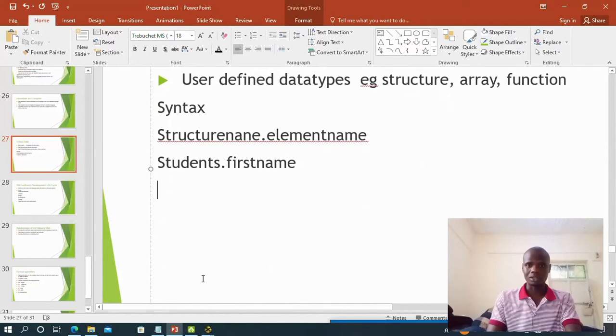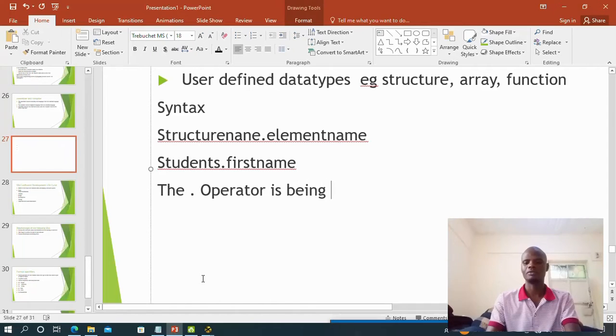So the dot operator, this dot, the dot operator is being used to access the value